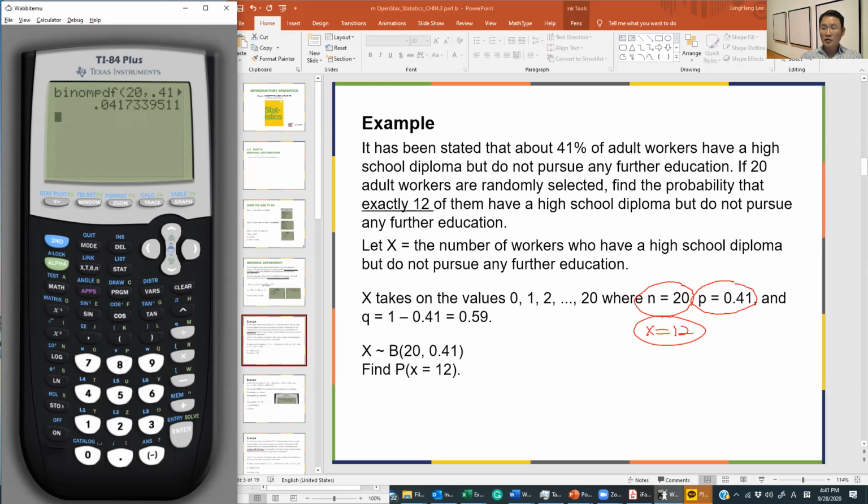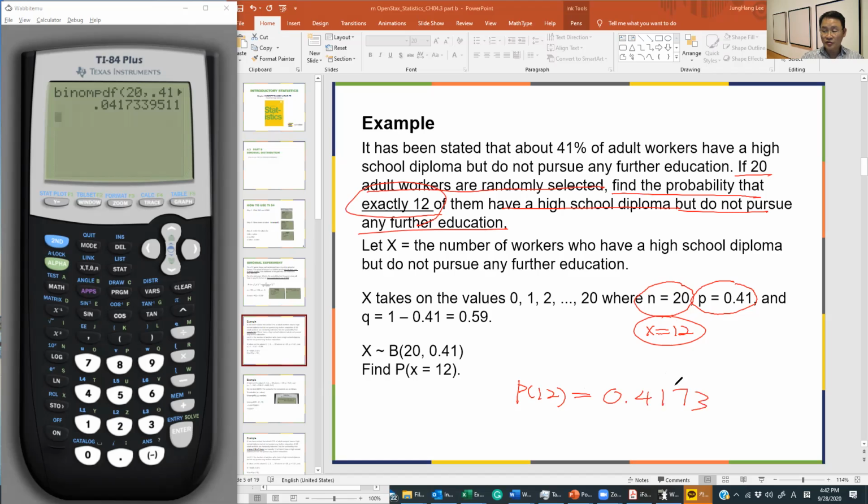So our answer for this question is going to be the probability of x equal 12, which is what probability? If 20 adult workers are randomly selected, what's the probability that out of 20, exactly 12 of them have a high school diploma, but they don't want to pursue any further education? What's the probability of that? Well,